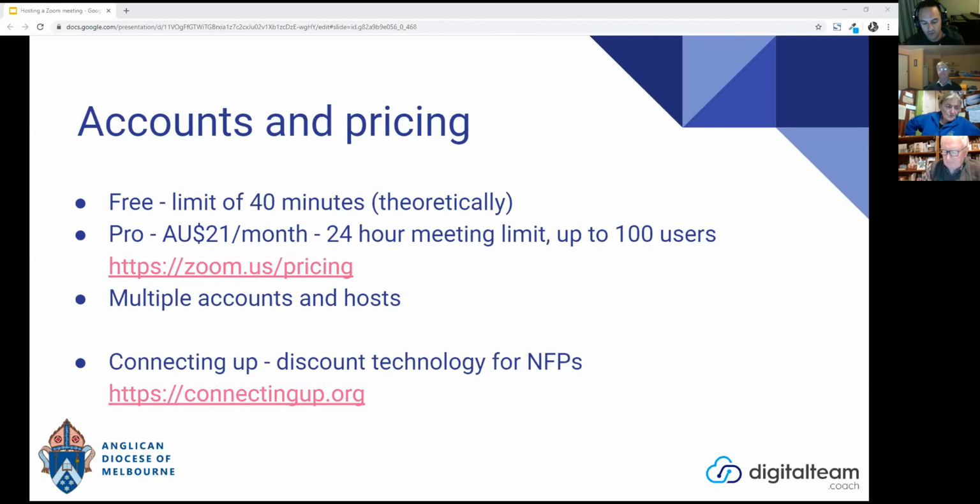You've got Google, Microsoft, there's many of them, and including Zoom. For Zoom, they've got this deal where you pay a flat fee of $98, which sounds like quite a bit, but then that gives you access to Zoom's rates for any of their plans at 50% off. So I can send you some links if you haven't seen that already. But even if you don't get Zoom through Connecting Up, it's worth just signing up to Connecting Up.